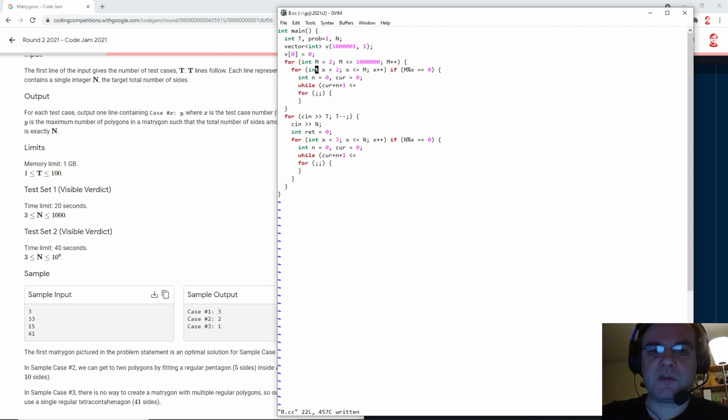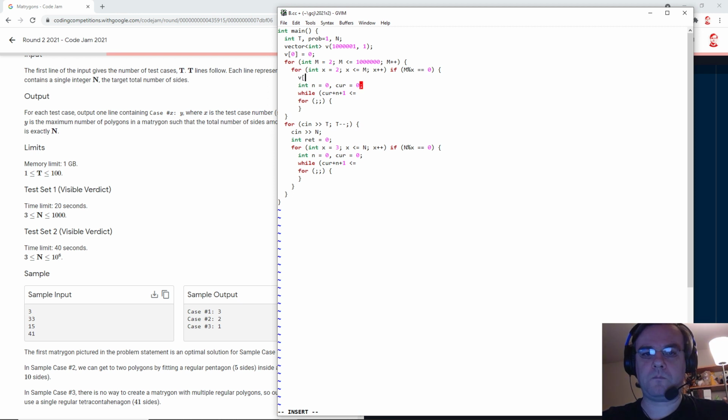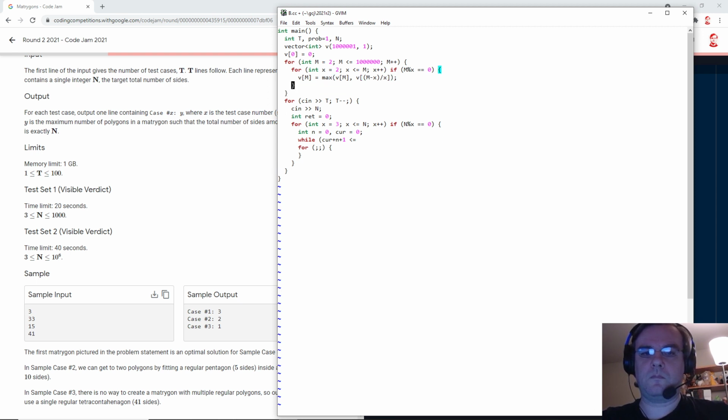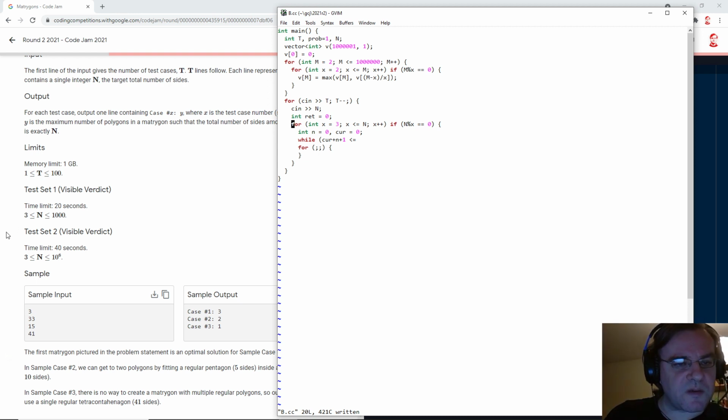Okay. And n is always going to be greater than 3.